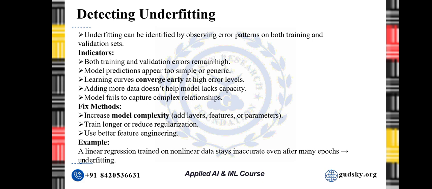For example, if you train a nonlinear model on a dataset that has a curved pattern, your error will stay high no matter how long you train. That's because the model doesn't have enough flexibility to represent that curved relationship. How to fix it? Use a more complex model like adding layers, parameters, or nonlinear terms. Train for more epochs. Improve your feature engineering, like adding new features or interactions. So, if overfitting is like memorizing the book, underfitting is like reading just the cover. In both cases, the model doesn't really learn properly.